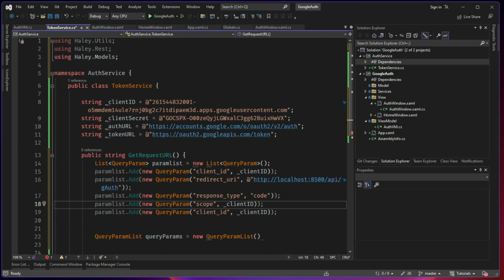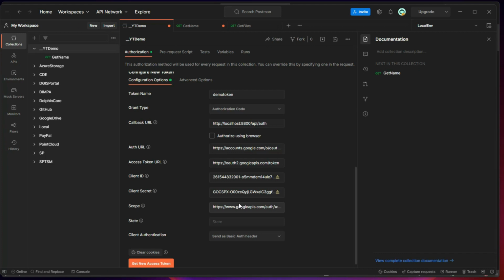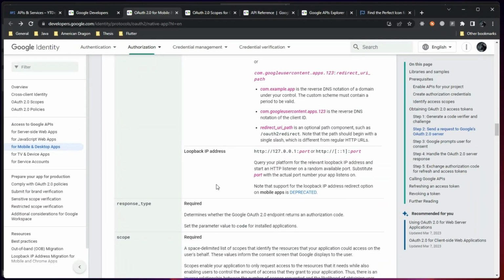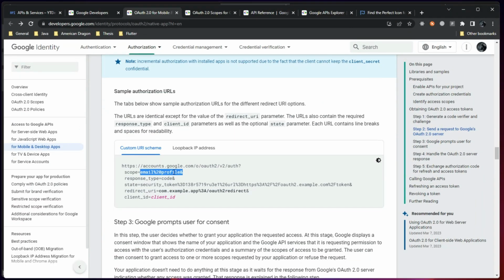We know that the scope is a space-delimited one. You can give everything, including the Google APIs auth userinfo email profile, or you can just give email space profile. Both are accepted. So for scope I will give email space profile. How do I know that email space profile will work? Because in the example itself they have given email space profile. If it is drive related, I will directly go ahead. What I usually do is